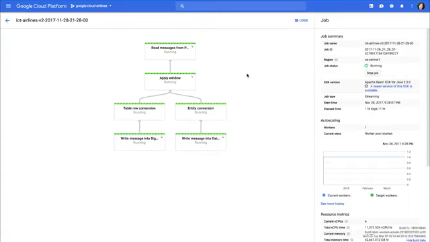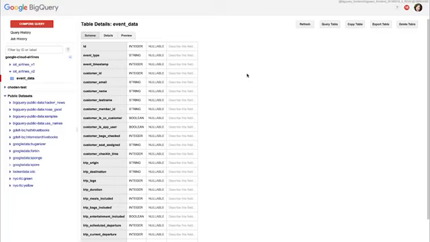Okay, now that we've had this whole pipeline set up, let's go ahead to the last step and show you what it looks like in terms of the output in BigQuery. We have our data, event_data, and this is where all the data coming out of Dataflow gets pushed into this table. So we've created a data set called IoT Airlines V2 with our table events_data. And so you can see here, this is what the schema looks like. It includes customer ID, the event type, things like customer name. We also have how many bags are checked, how many seats are assigned under their name, how long the trip was, what the origin is of the destination.